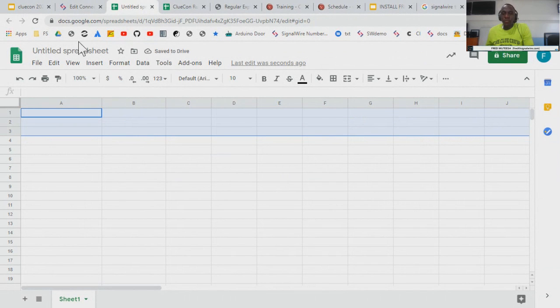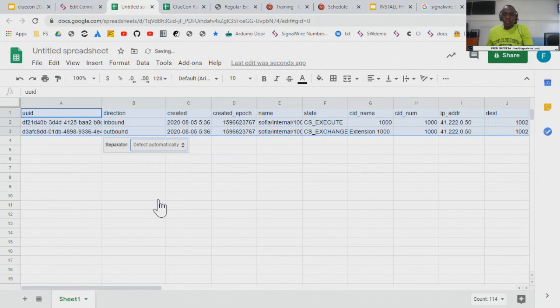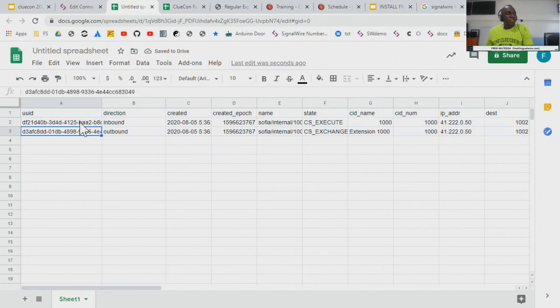So if you go to docs.google, you can create a new spreadsheet, and all you have to do is to paste there, and then you click on this icon that pops up after pasting, and you click split text to columns. Once you do that, the spreadsheet will be so kind that it will split the values for you